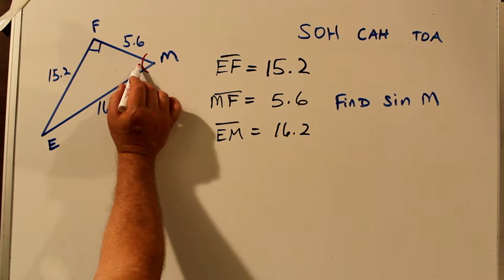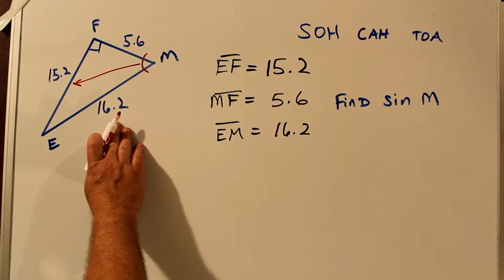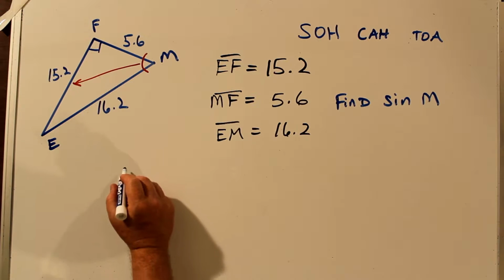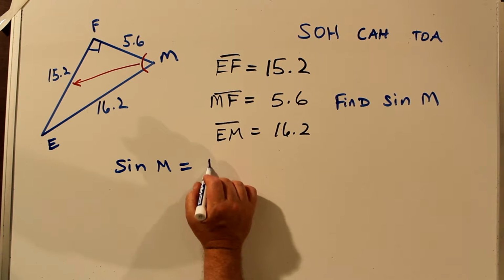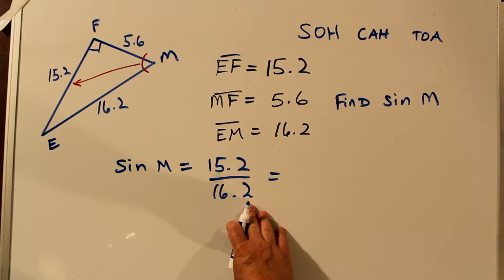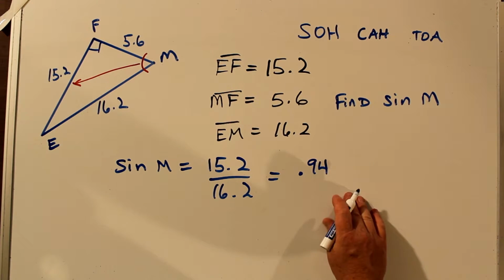So the side opposite angle M is this one, and the hypotenuse is the longest side, which is also the side that's opposite the right angle. Given that, let's write the equation for sine M equals the opposite 15.2 over the hypotenuse 16.2. And if we divide and round to two places, we get the sine of angle M is 0.94,